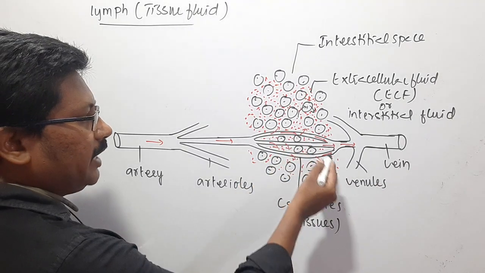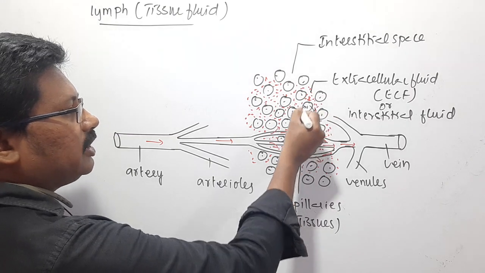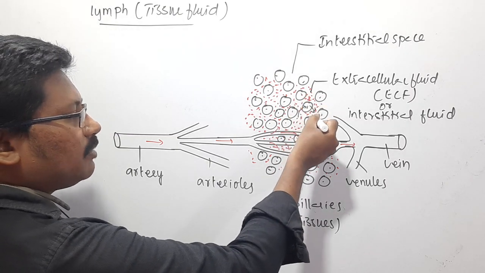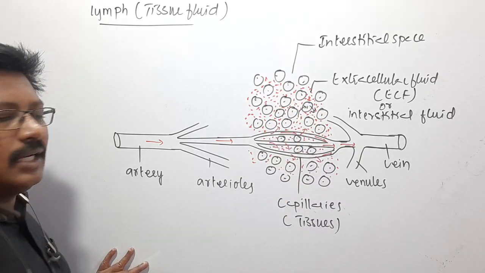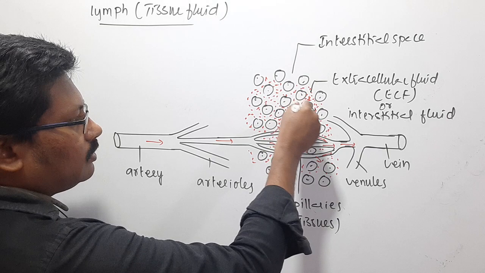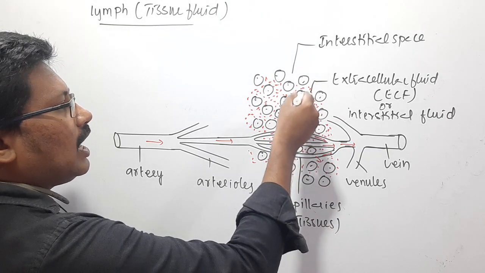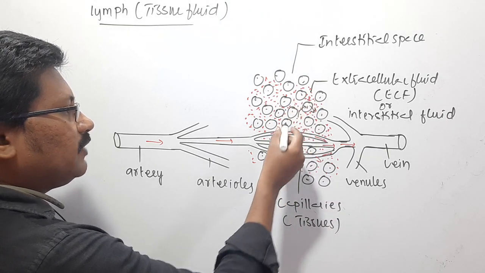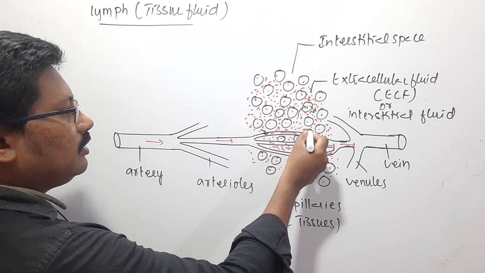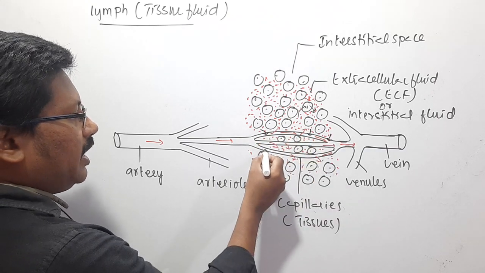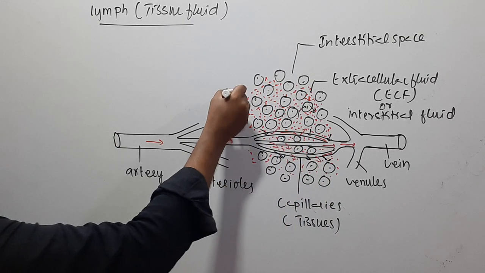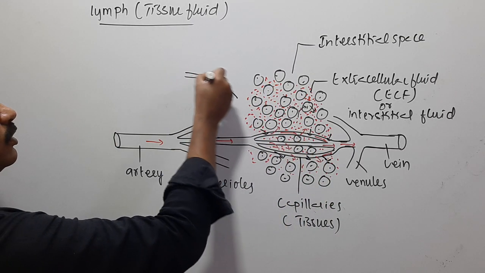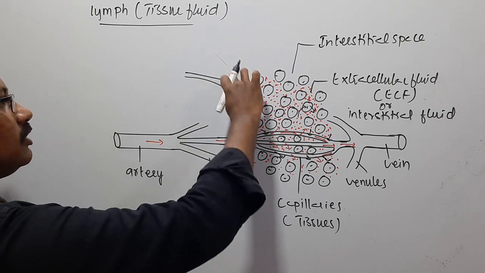So it all takes place through this. So oxygen enters into the cell, the carbon dioxide comes out, whatever glucose it takes, all the wastes that are generated inside the cell will also enter into the ECF, and some portion of the ECF will return back into the capillaries. The remaining portion of this ECF will find an alternate route to enter back into the blood circulation,